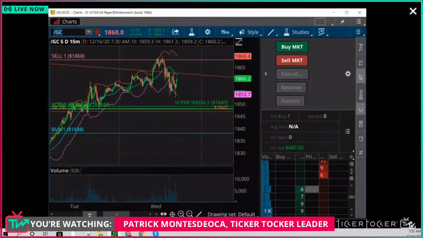The talk of stimulus is pretty much dominating the headlines, and it has gotten the sentiment of the market pretty bullish. And when the sentiment of the market is at the highest peak in terms of being bullish or bearish,